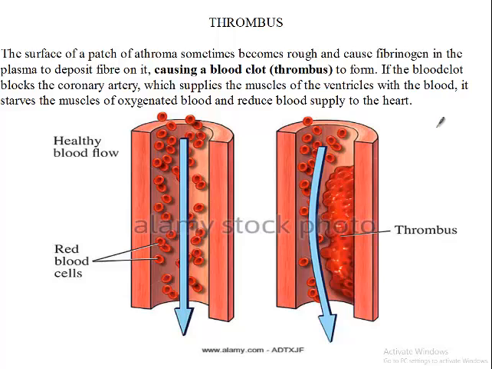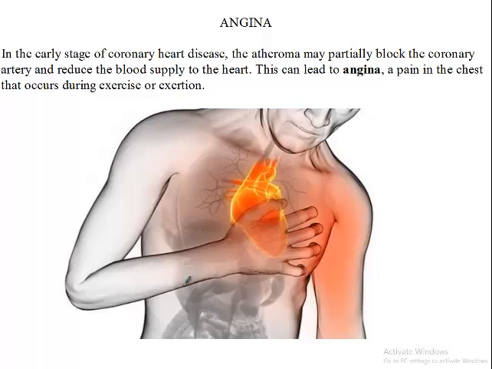So first of all, we started with the deposits, which are called the atheromas. Then we see that blood clots are also formed by the deposition of fiber. And then finally, in the early stages of coronary heart disease, the atheromas may partially block the coronary artery, which will reduce blood supply to the heart. So coronary heart disease is just a blockage in the arteries that will result in a reduction in blood supply to the heart. This can lead to angina,